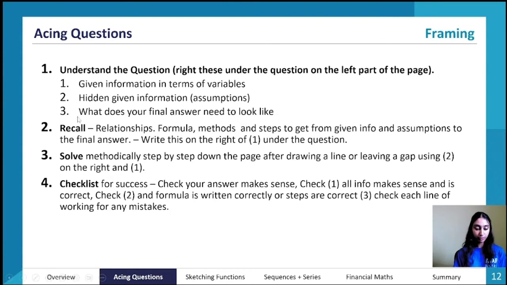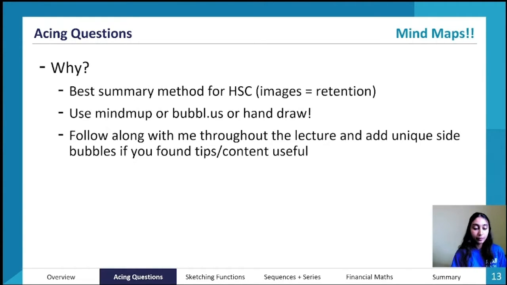Pretty much the only difference is steps 1 and 4, where you're making sure that number one, you're answering the question, and number two, you're doing everything correctly so that you can get the full marks. So really there's nothing to lose with this little method. I'd highly recommend it.